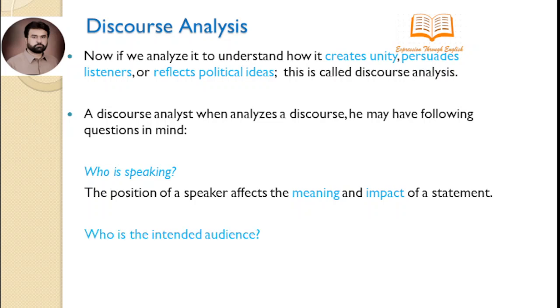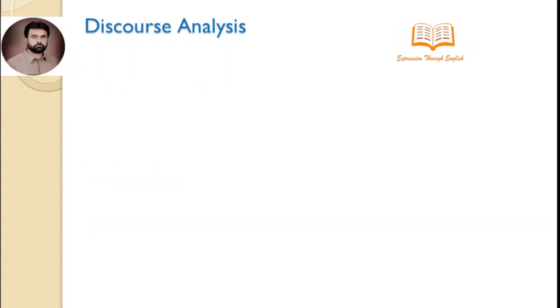Next, a person who analyzes a discourse needs to see who is the intended audience. Again, if the common people are sitting in front of somebody and he utters this particular sentence, "We must work together to build a stronger nation," it would be again different, right? But whenever a speaker speaks, he has to see who the audiences are. So as per the audiences, people tailor their language. So after learning these two important things,